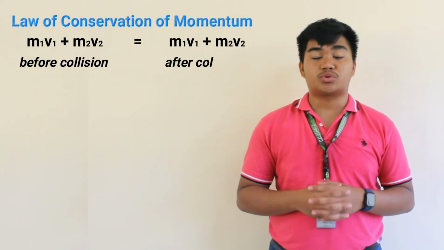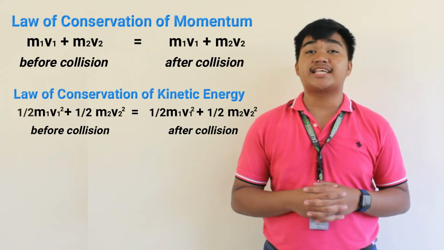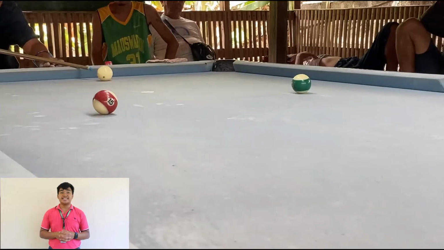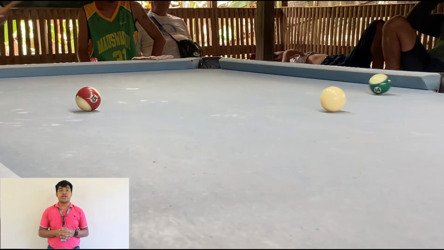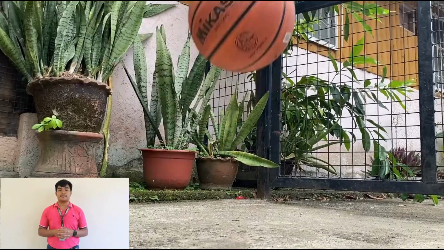Elastic collision occurs when two objects involved remain separate after the collision. The best example of an elastic collision would be when a ball at a billiard table hits another ball, or when dribbling a ball. On the other hand, in the inelastic collision, the objects stick to each other or move